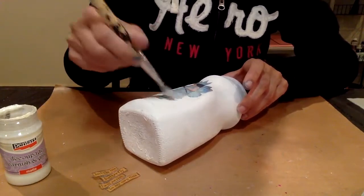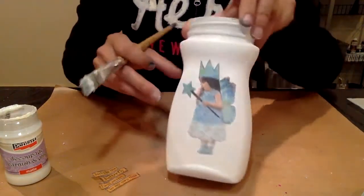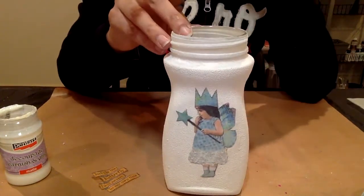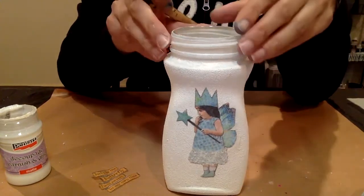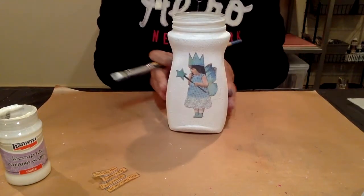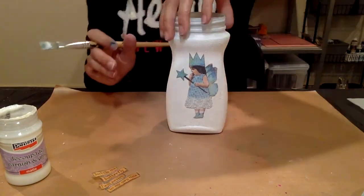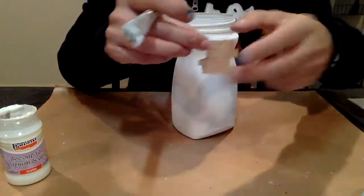And again, because it dries matte, if you do go outside of your edges, not to worry, because you won't know where the actual matte medium went down and where it did not. So already, look at that. Isn't that just beautiful? And then on the back, what I'm going to do is I'm going to stick my